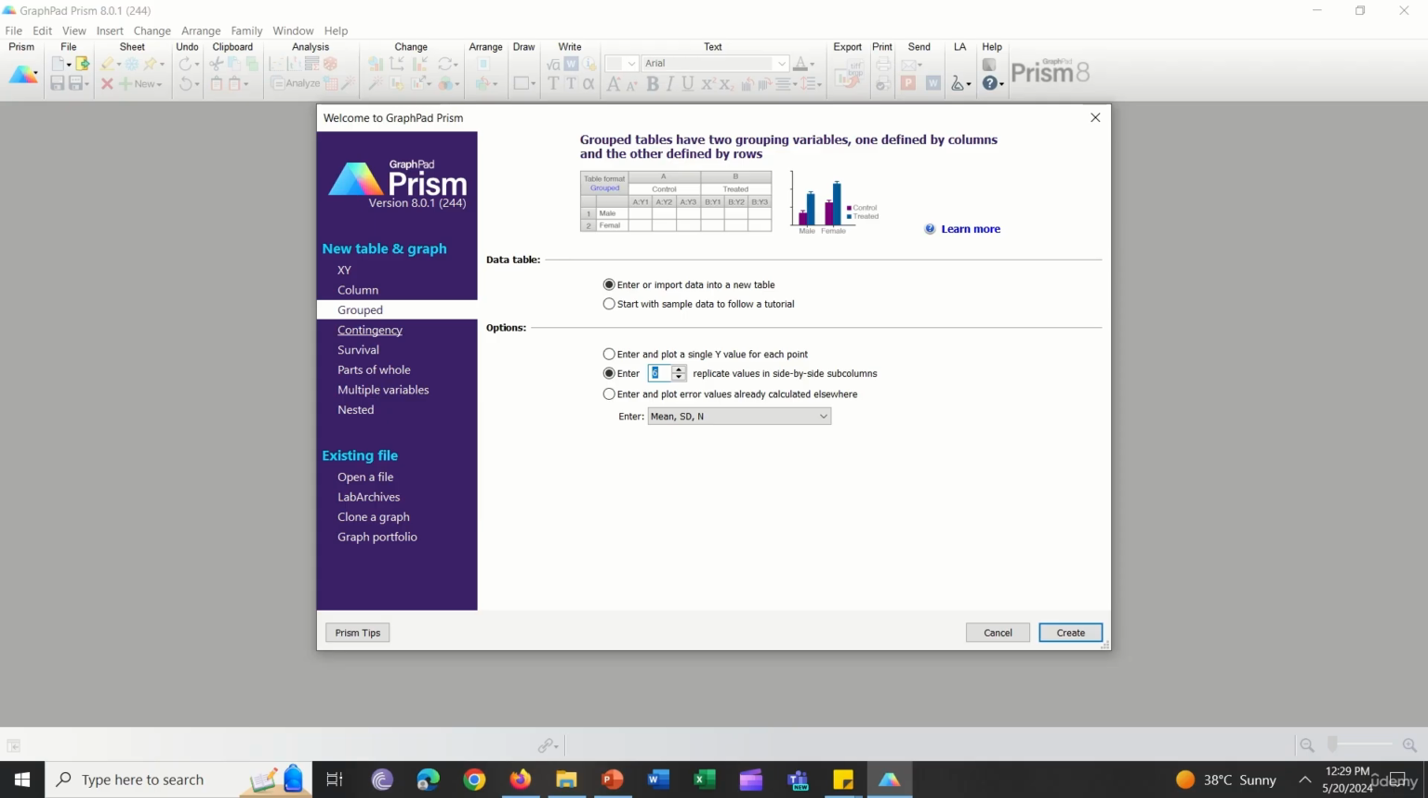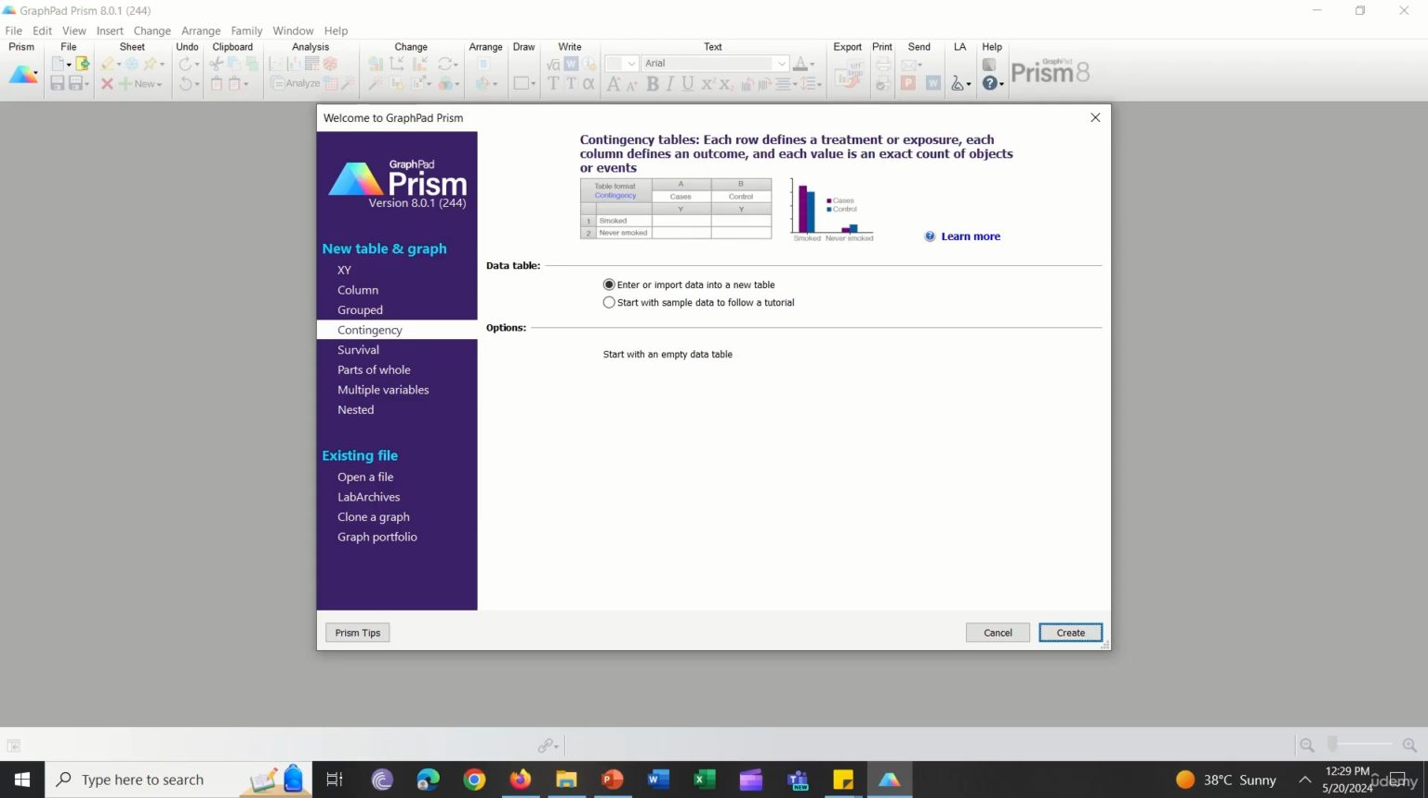So next, coming towards contingency tables. Contingency tables organize data into rows and columns for categorical data. Each row defines a treatment or exposure, and each column defines an outcome, and each value is an exact count of objects or events. So for example,